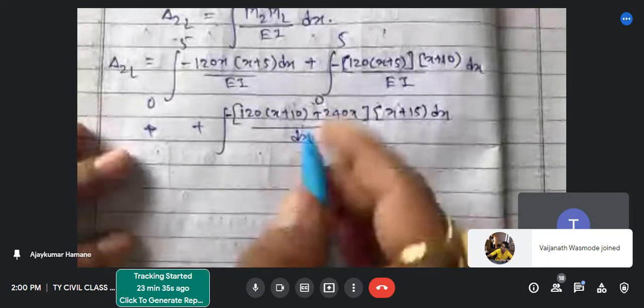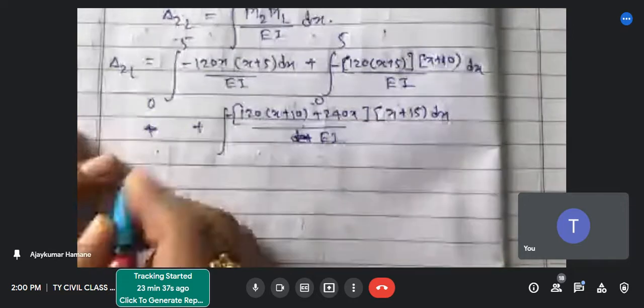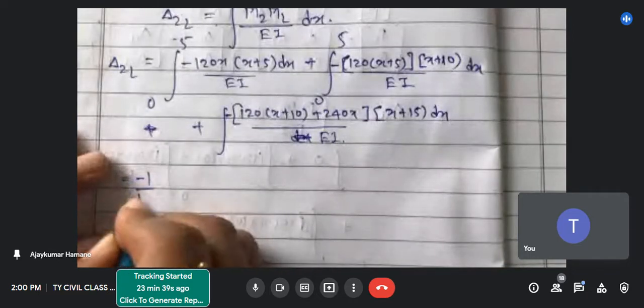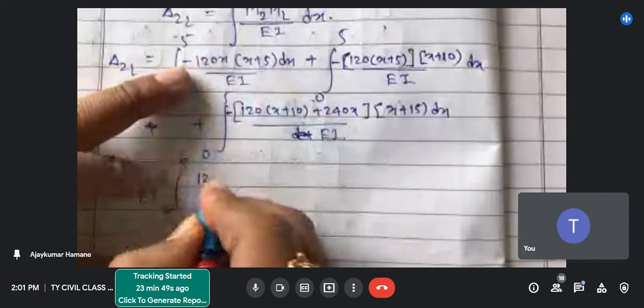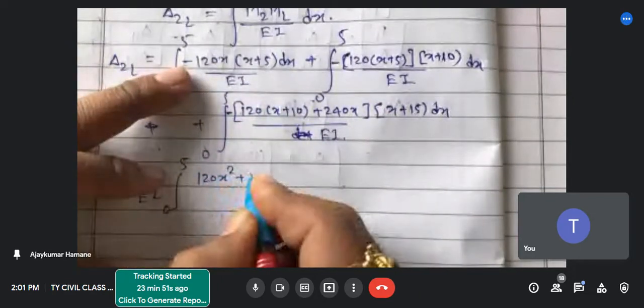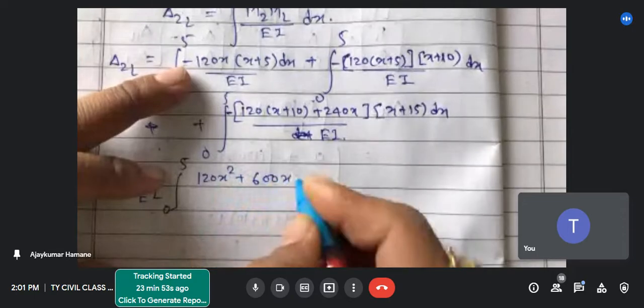So EI is the same. So I will make minus 1 by EI common. 0 to 5, 0 to 5, 0 to 5, all our integrations are the same. So I will make 0 to 5 common, and I will multiply these terms: 120 x square plus 600 x